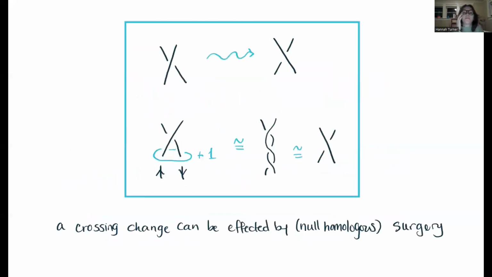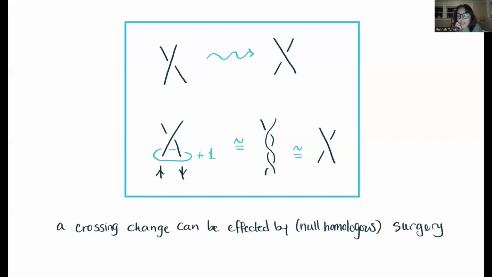And so we talked about this problem of having to take a minimum over all diagrams. There's actually a way around this. So here's a local picture of what's happening at a crossing change. And what I want to argue is that you can do this by doing Dehn surgery on this unknotted curve that I've drawn. So if you're not familiar with that terminology, you can think of it as just taking this unknotted curve. It bounds a disk, this flat disk that goes across it, and that disk intersects our knot in 2 places in this picture. And if I cut along that disk, twist 360 degrees and re-glue,